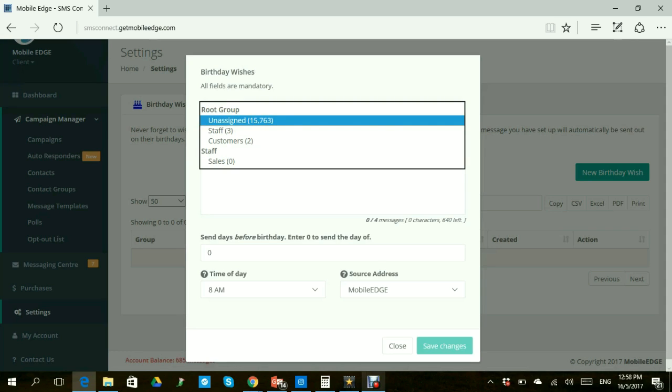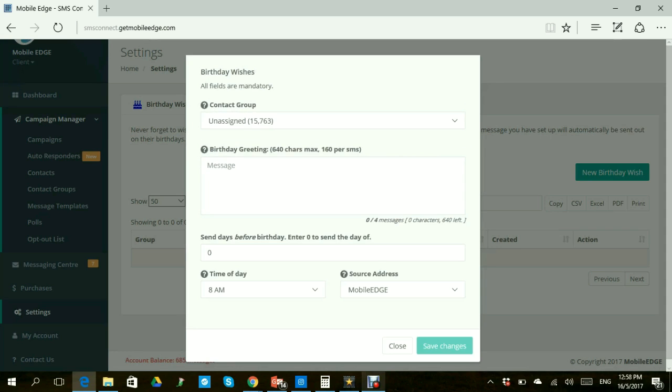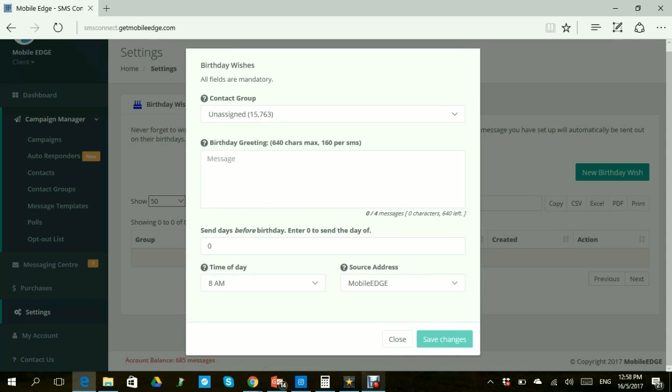out, select the group of contacts who you want to receive this type of message, and of course you can have multiple birthday messages, and you choose the date and time, the time of day that you want the message to go out in the mornings, and automatically every single day at the beginning of the day, once it reaches that time, say it's 8 o'clock, it will search the database for all the contacts who have birthdays today and